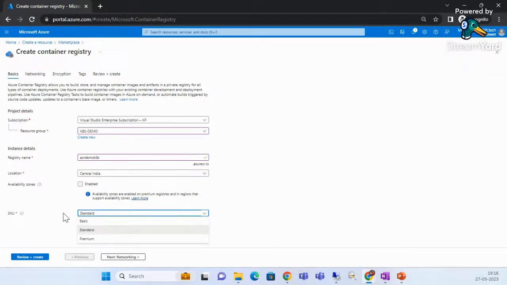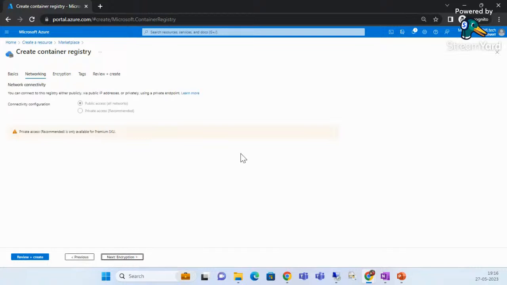Depending upon your use case, whether you want to go with standard, basic, or premium, every SKU has something different. Standard would be offering fewer features than premium, and basic would be offering fewer features than standard. So according to the requirement, after exploring the features offered by individual SKUs, you can select an appropriate SKU. As of now, I would be going with the standard one. Okay, then you have your